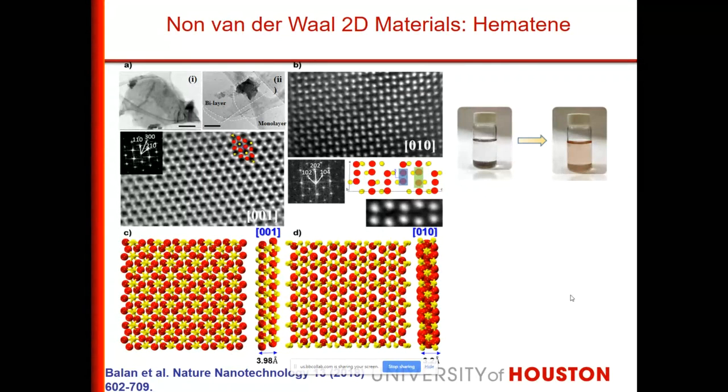This is the ore. You can see the settled ore, and the ore of iron is hematite. We subject the ore to ultrasonication, and then these 2D structures are exfoliated out of the ore. You can see the color becomes brick-like. That is the color of the iron oxide.